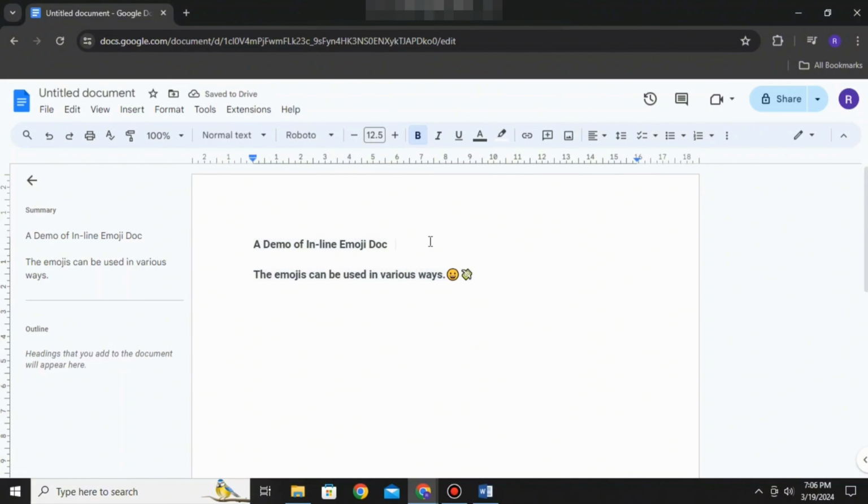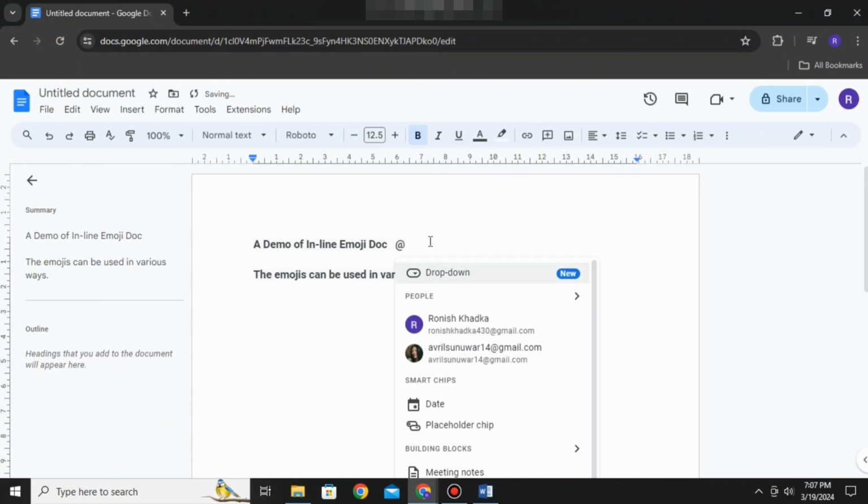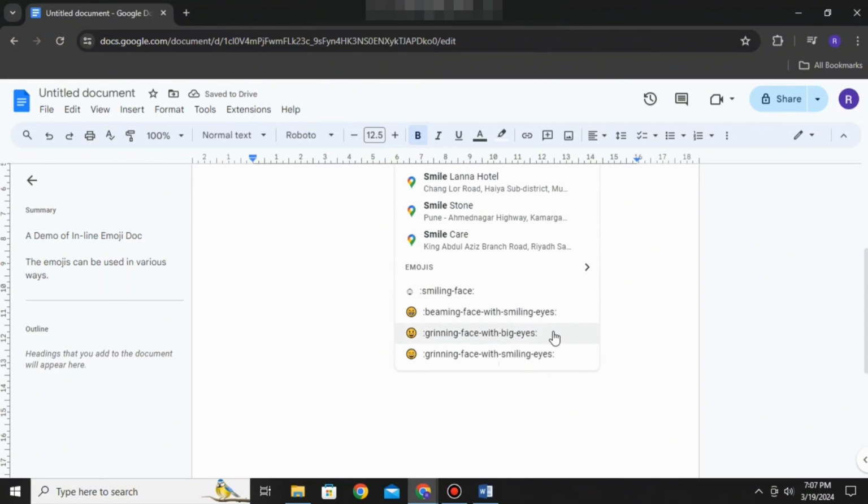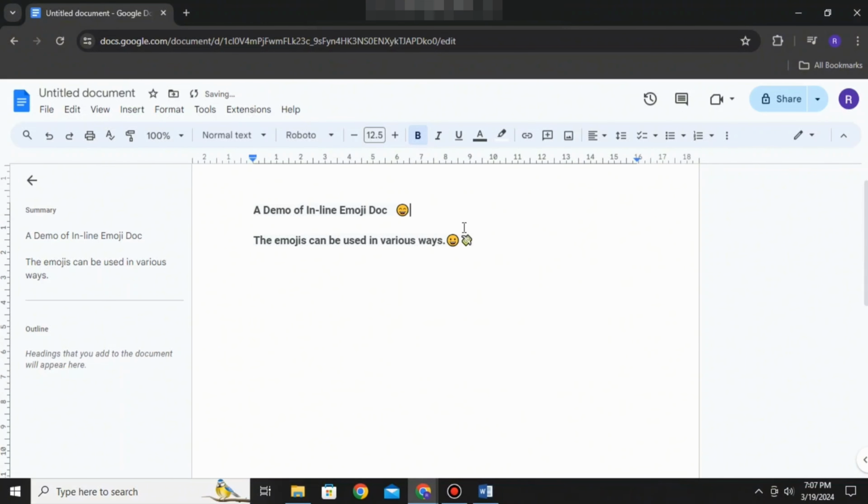Also, in order to use the inline emoji, simply press the Add key on your keyboard and then type in whatever emoji that you want to have. For example, I'm going to write smile over here, and if you scroll down now, you'll be able to see all of the emojis related to smiling face. And there you go. That's how easy it is to use the inline emojis in